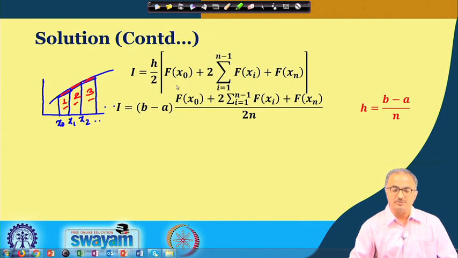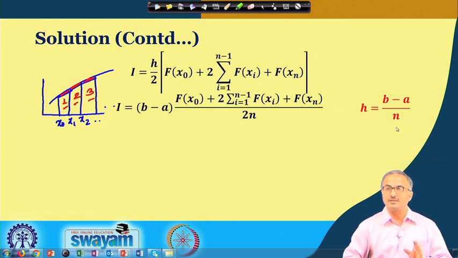Okay. So, in this expression you see that the functional values at the two endpoints are taken in the same manner and the rest of the things are taken like this. Now, you see that if we rearrange the equation putting the value of h here, we get this particular formula, and h is given by (b minus a) by n. So, in this kind of trapezoidal rule, we have equal intervals. This is not for unequal intervals.